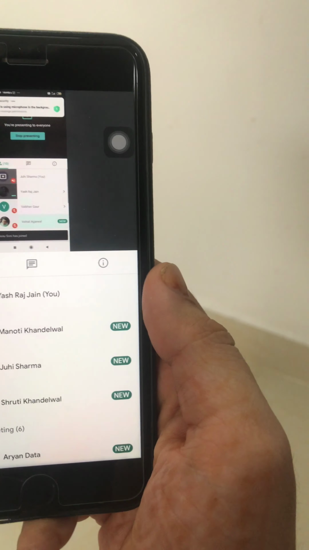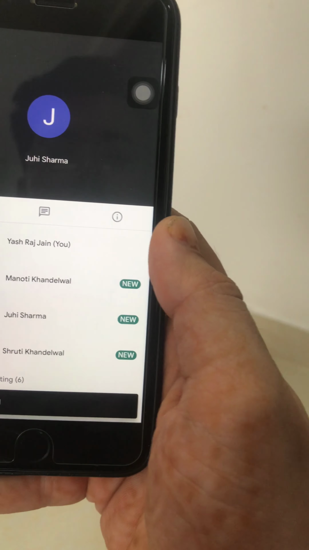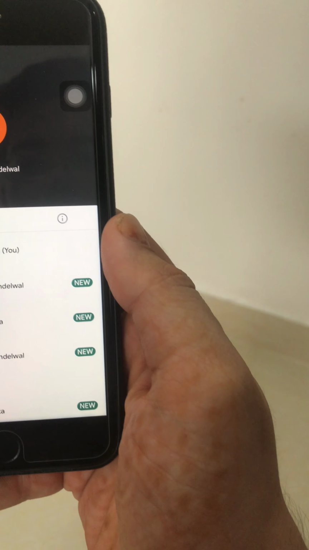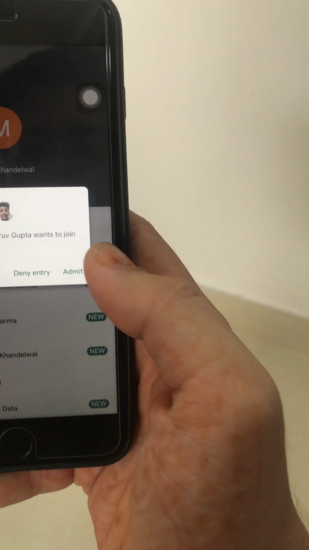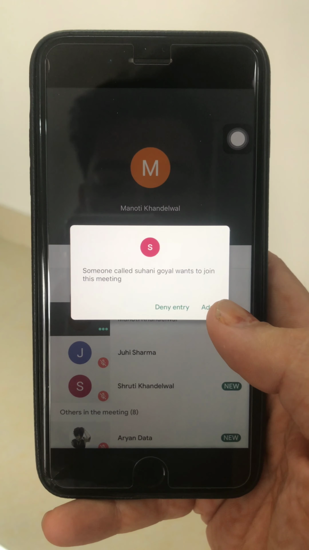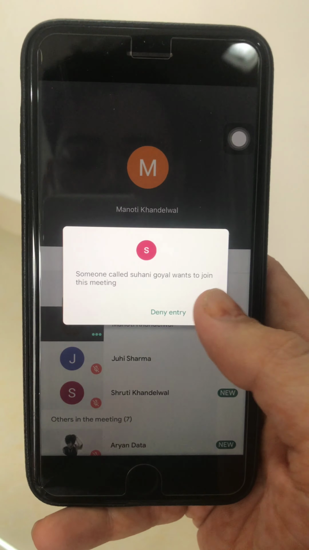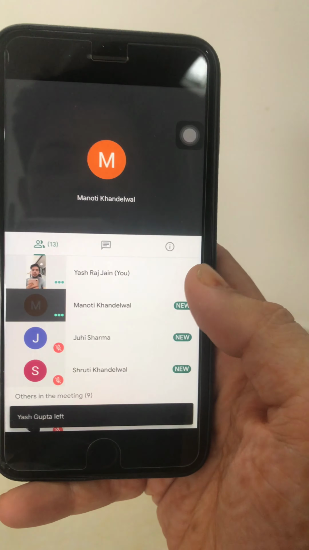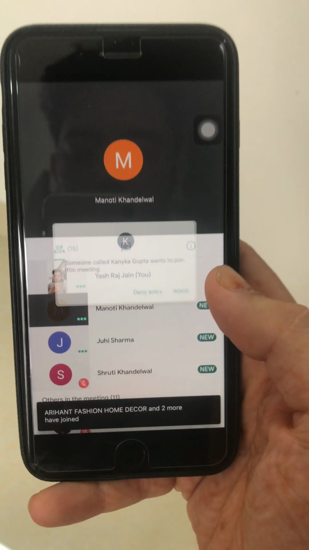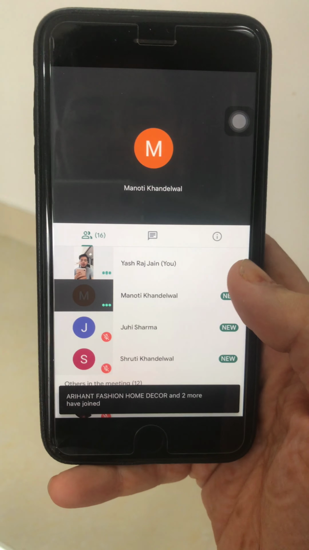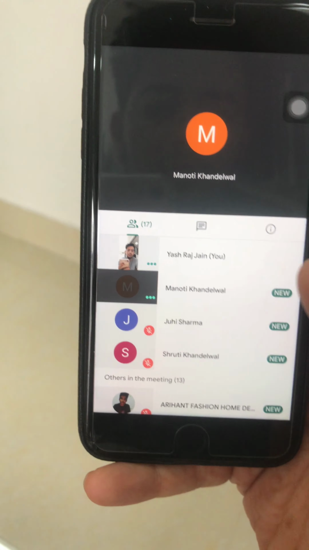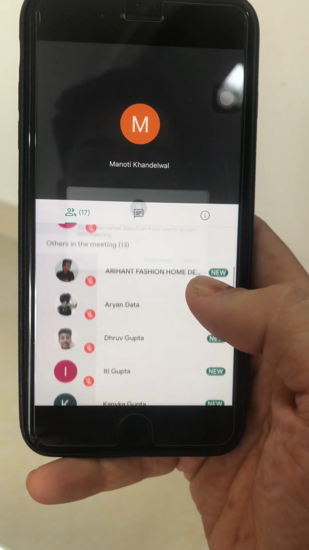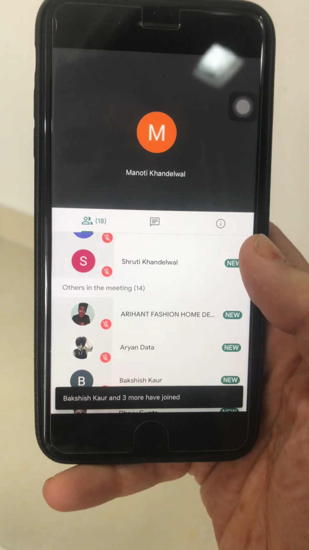So children, first of all I will ask you to mute your audio. Please mute your audio. Now you can see everybody is joining, and it is asking for permission from you every time. So this is how children can join the meeting. I will request all of you to please mute your audio.